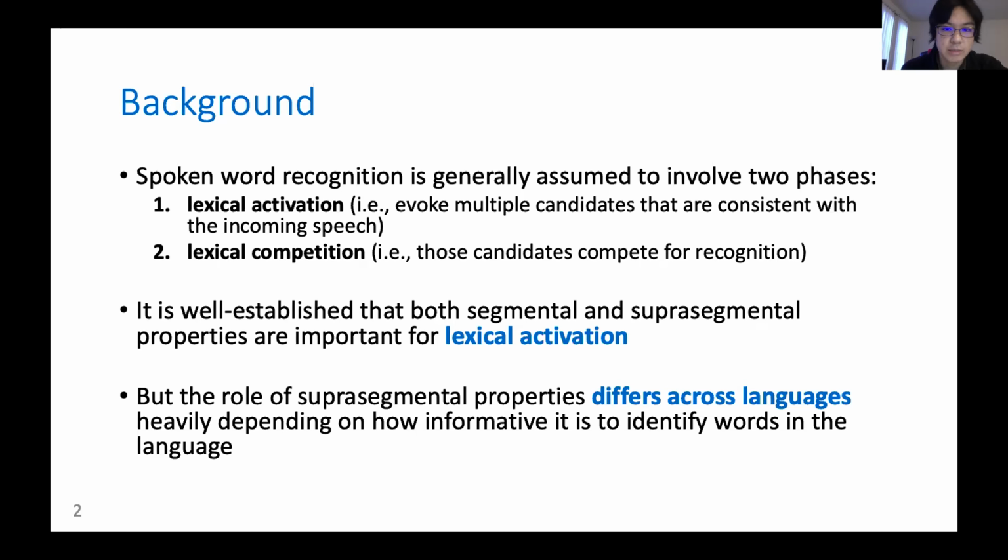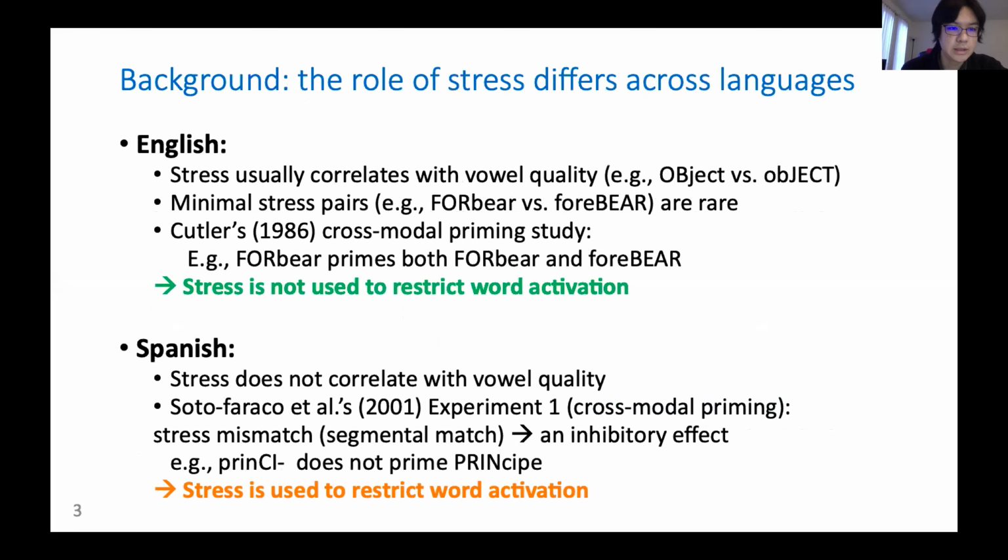It is well established that both segmental and suprasegmental properties, such as stress, tone, and pitch accent, are important for lexical activation. However, the role of suprasegmental properties differs across languages, heavily depending on how informative it is to identify words in the language. To see this, let's first contrast English and Spanish. English is a stress language in which stress usually correlates with vowel quality, such as object and object. Here, capital letters indicate stressed syllables, and crucially, unstressed syllables are reduced to schwa, so this is why stress correlates with vowel quality. Therefore, minimal stress pairs that do not differ in vowel quality, such as forbear and forbear, are